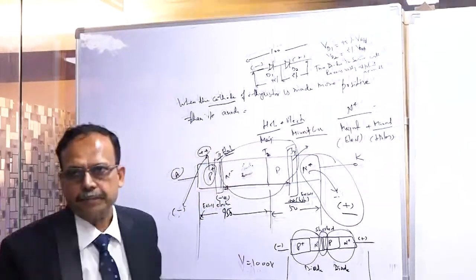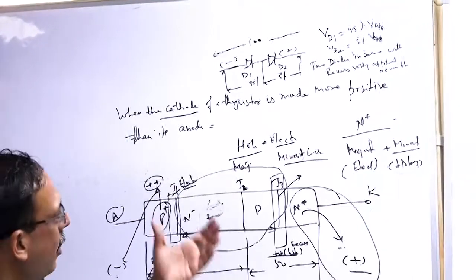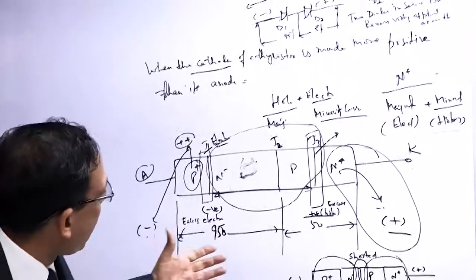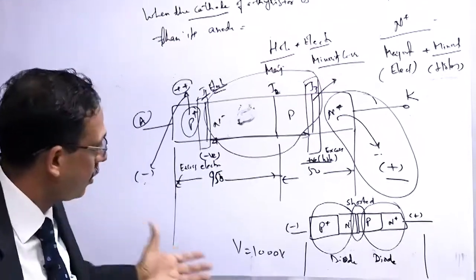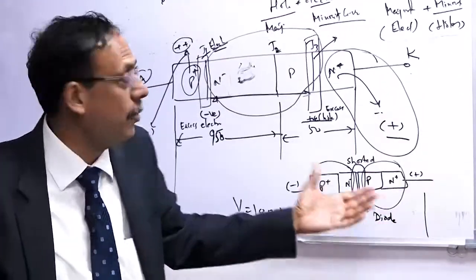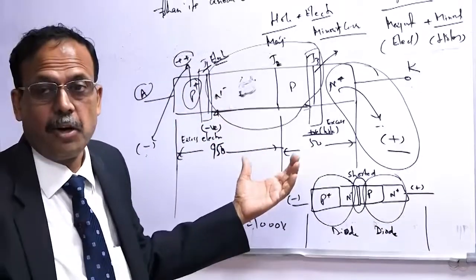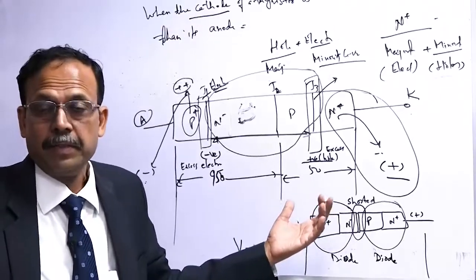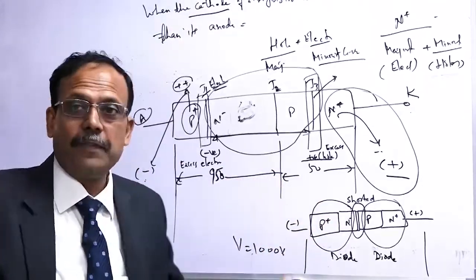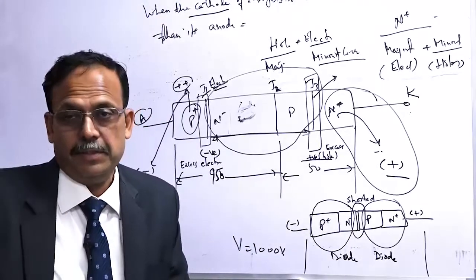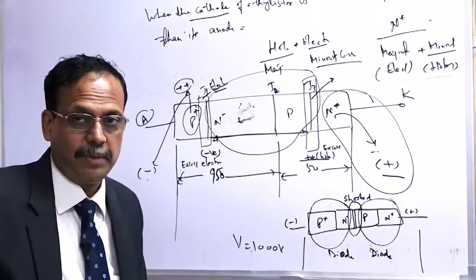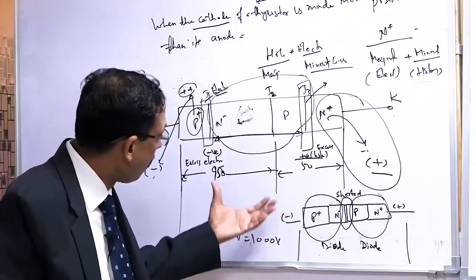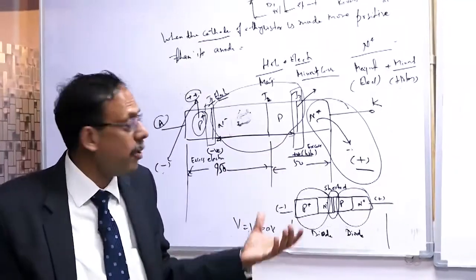Is it clear? So this question was, I think, around a 30 to 40 marks question. But for that they have to understand so much. So much of physics is required to be understood, then only you can solve this problem. It is not a simple problem. It is not given in P.S. Bimra's book, and many books. I could also understand this only after reading Baliga's book, which is Fundamentals of Power Semiconductor Devices. It is a very big book, more than 1000 pages. So from that book only I could understand it. It is such a complicated subject.